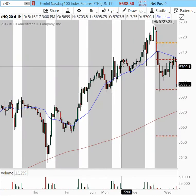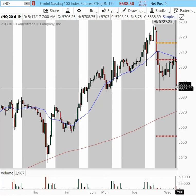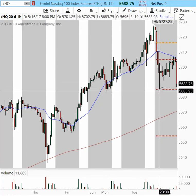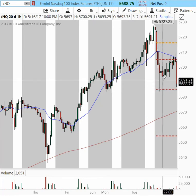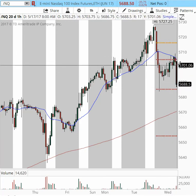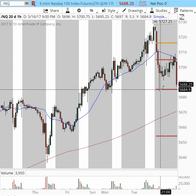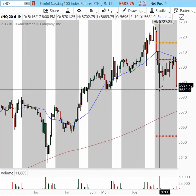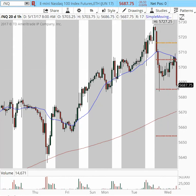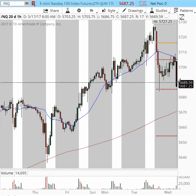All right, and now moving to the hourly chart, where we can see here that in the last hour we have been moving south. We're testing an area of support right here, so bounces can happen off this area, especially that we've had a hard sell rally that happened into 8 p.m. Eastern Time. And then we had a mild pullback into the European session, and then we're having a flush back down into the support area. So what price action is telling us is that once it has reached this prior area of support, it was bought. And then once again, we had a flush to the downside into the same support areas, and we might expect some